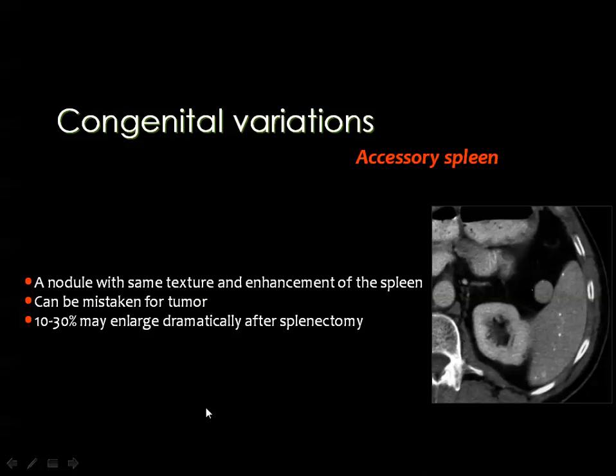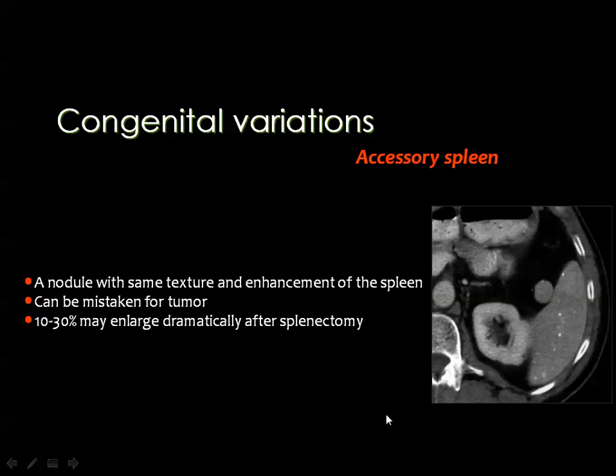Some of the congenital lesions of the spleen include the presence of a small accessory spleen, which is known as the splenule. The splenule is a small spleen which is located adjacent to the original one. It will show the same density of the splenic tissue in the pre-contrast scans and also in post-contrast scans. As well, in cases of MRI, the splenule will show signal intensity similar to the original spleen